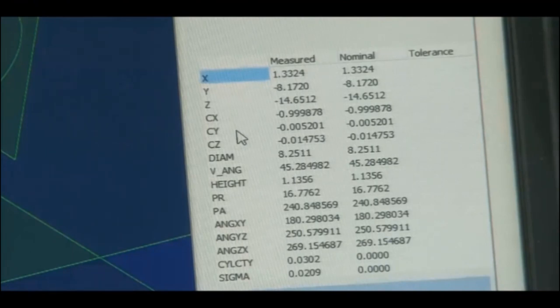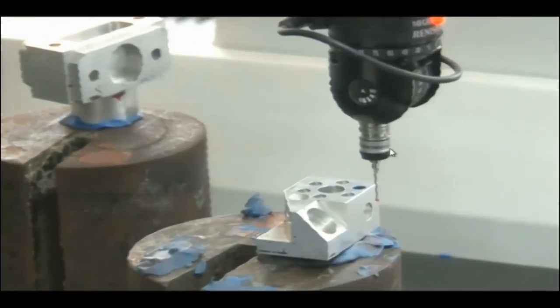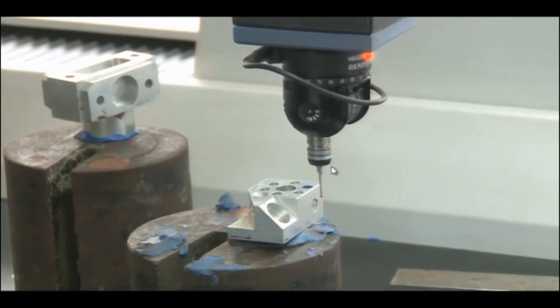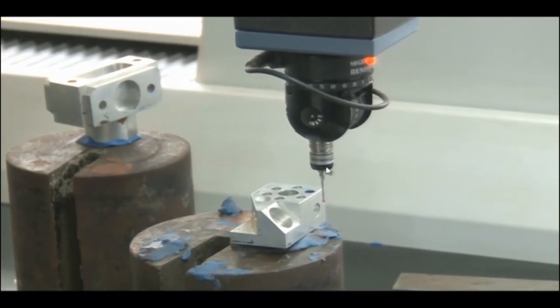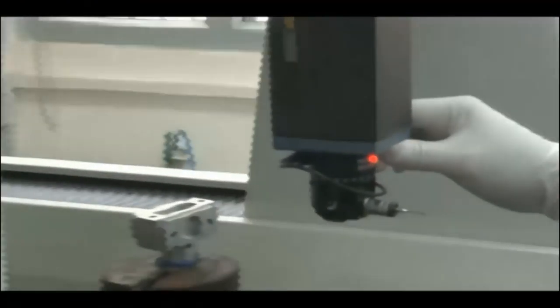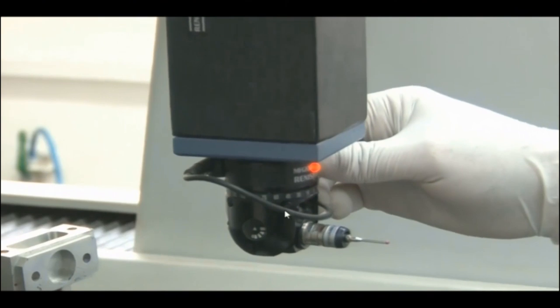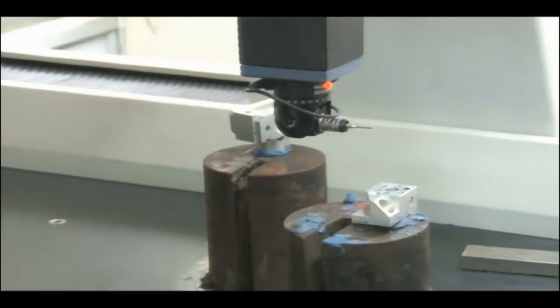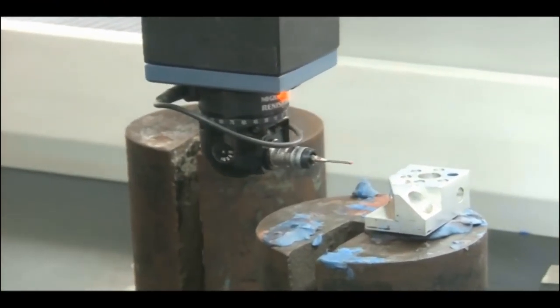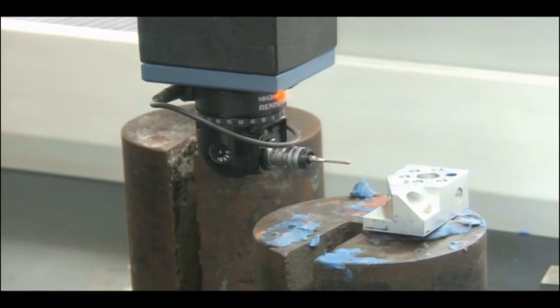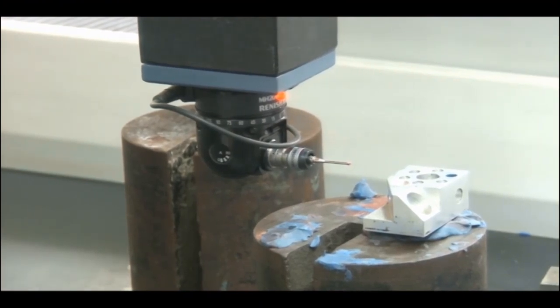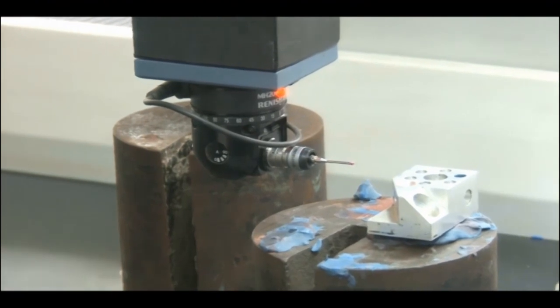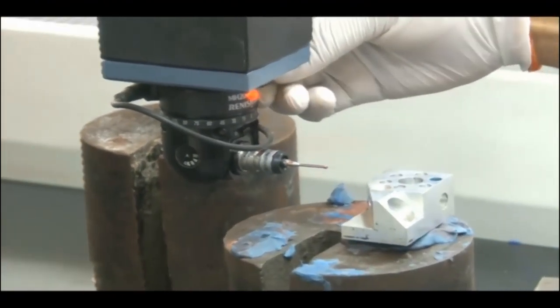So then we go for A 90 and B 0. A would be 90, B is kept at 0 position only. Let me turn A to 90. Okay, A is turned to 90 degree and B is at 0 position. So let us measure the plane on the other side. This will be named as plane 5. This is YZ plane, that is Y axis and Z axis. So we will select 3 points and check another YZ plane near to the YZ plane circle.